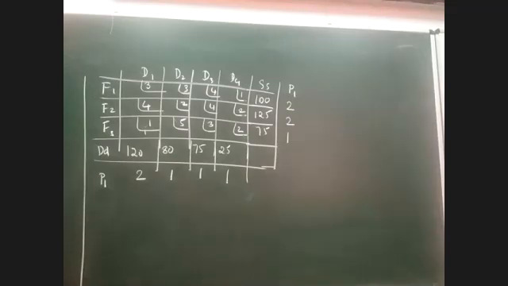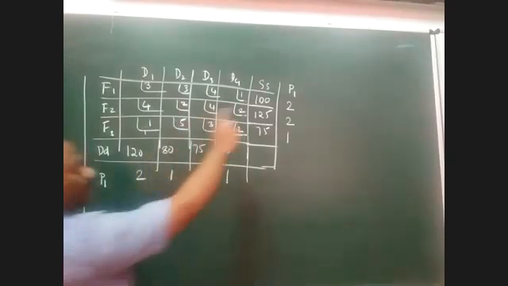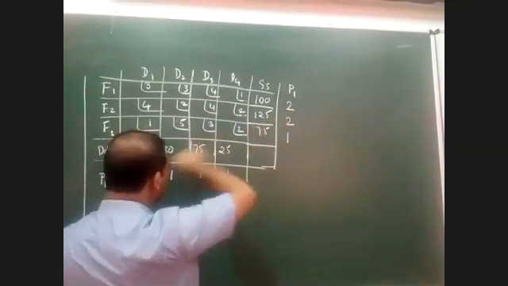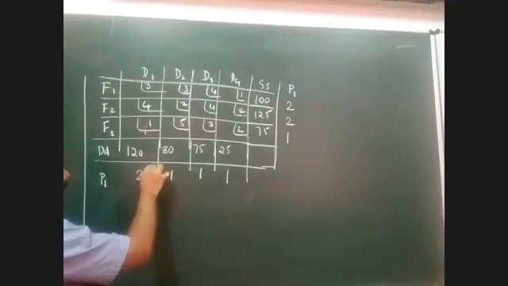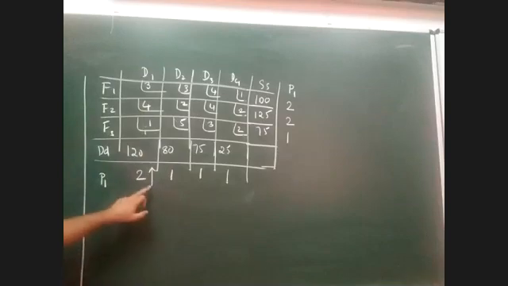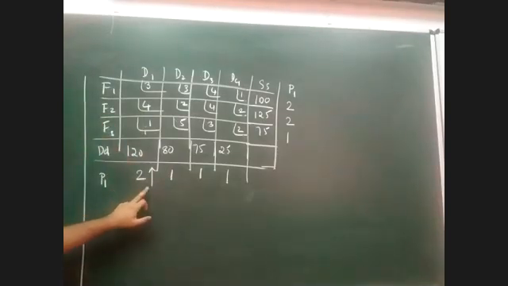That means there are 3 possibilities here. Either I can select this 2 or this 2 or this one. Out of these 3 2s, any 2 can be selected randomly. Let me just take this particular value. Whichever row or column you select for allocation has to be marked by an arrow mark. So this arrow indicates that I am selecting the first column for allocations.